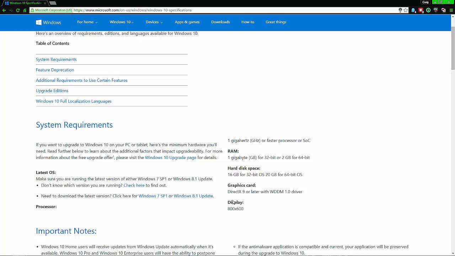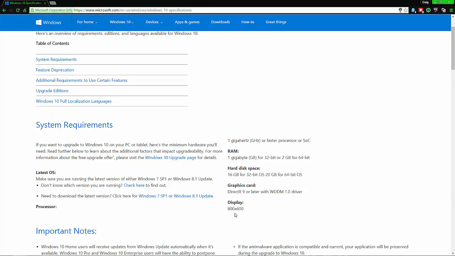But for the most part, you probably already have it, especially now with computers normally coming out with an actual terabyte drive. DirectX 9. Now, chances are you got a DirectX 9 graphics card,